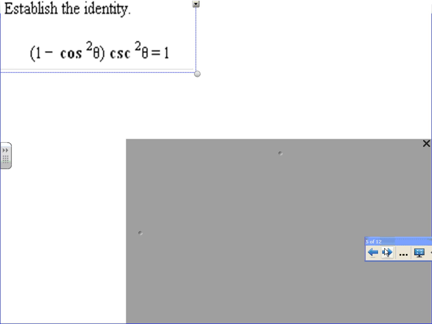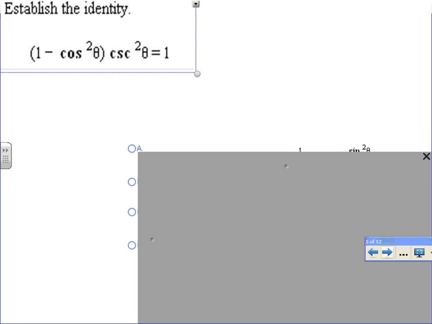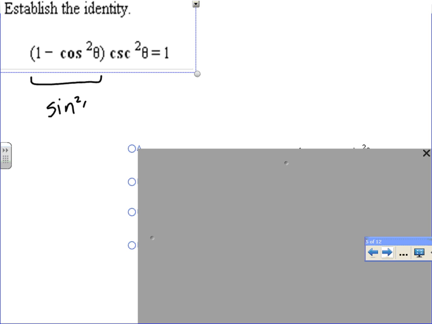Now, here's another one, and this one, probably out of all the ones that I've worked here, bothered me the most. A problem that I saw with this is the way I worked it versus the choices weren't anything close. And I actually sent a video to our teacher showing how the choices were really not the best idea. And I'm going to show you the best idea here real fast. I wouldn't write this down because it is not going to be any of the choices, but we should realize that and say, hey, that is a Pythagorean identity. 1 minus cosine squared would be sine squared. And so that would give me sine squared theta